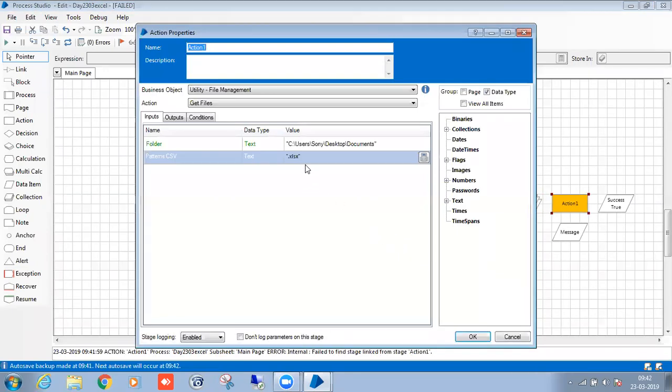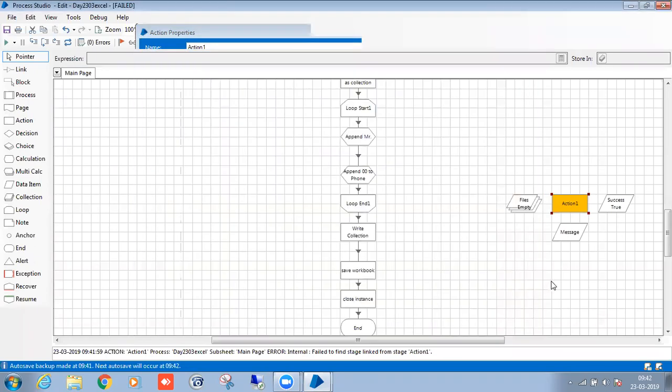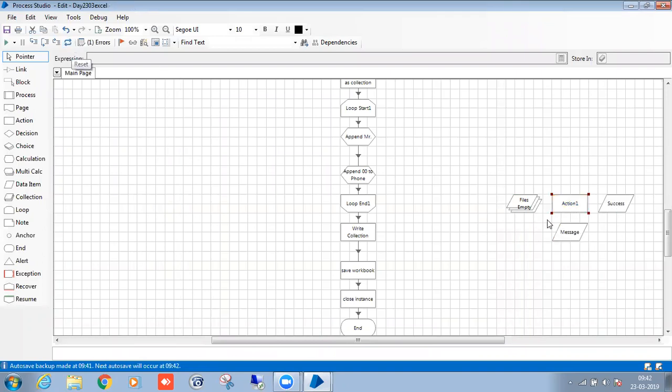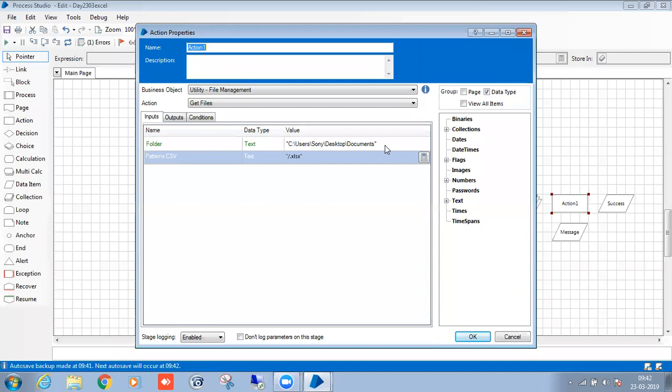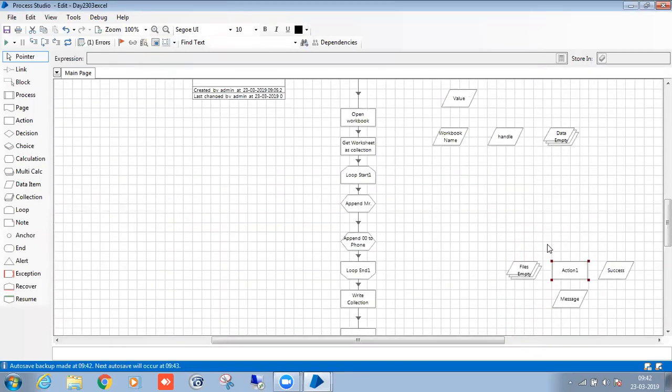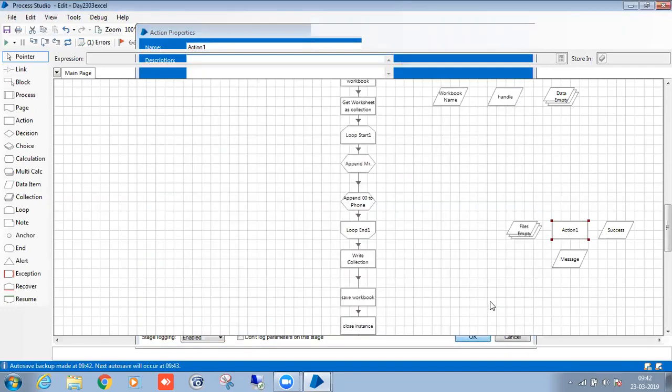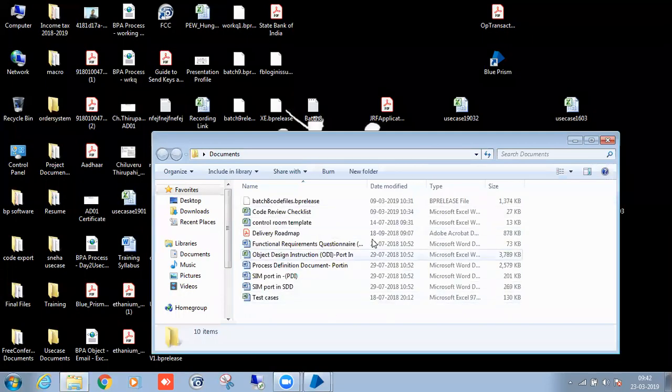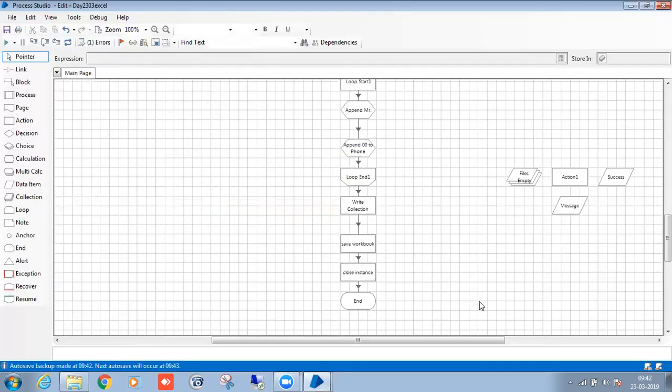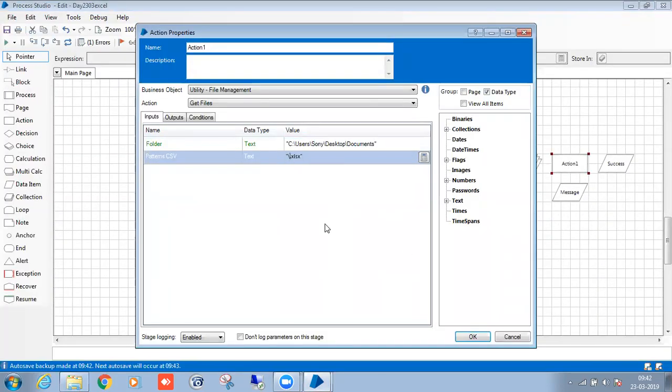There are no files returned. In this Documents folder, whatever Excel files are there will all come with this particular syntax.